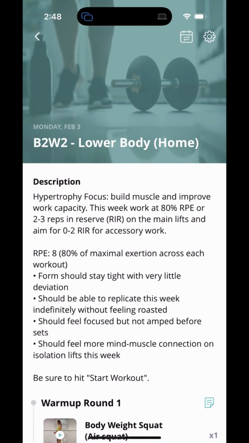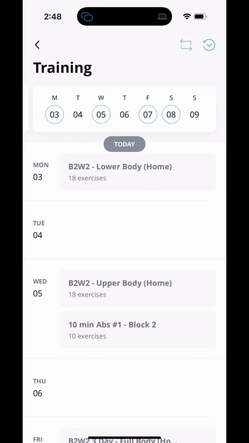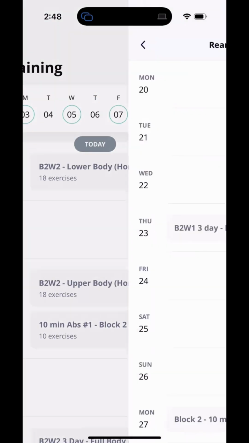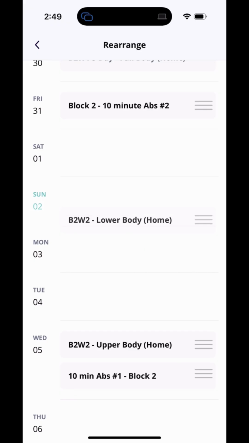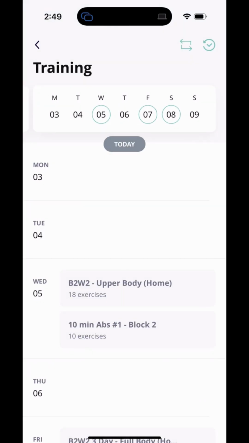So in order to start a workout, you have to move it to the current day. And since today is Sunday, I have to go out and move this workout to today. In order to do that, I'm gonna hit that Rearrange button again and bring Monday's workout, hovering over those 3 lines on the right, up to Sunday. Now I'm gonna go back out,